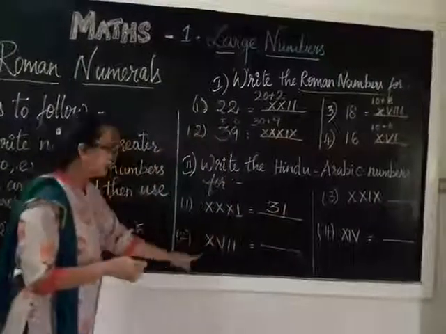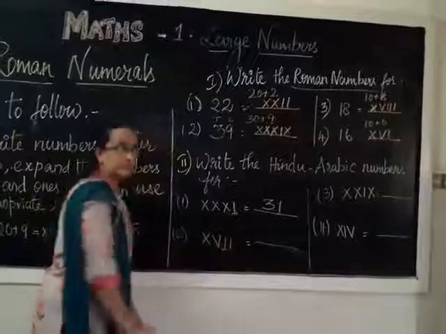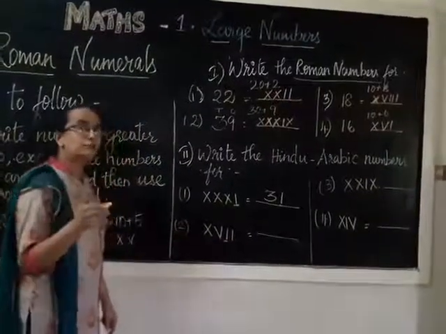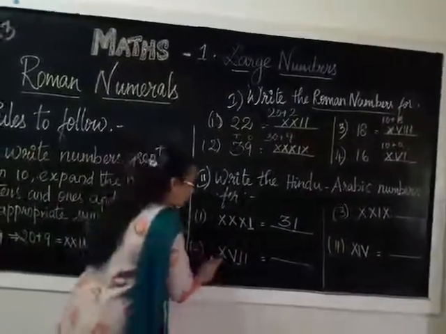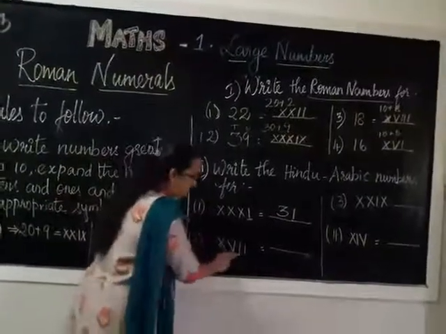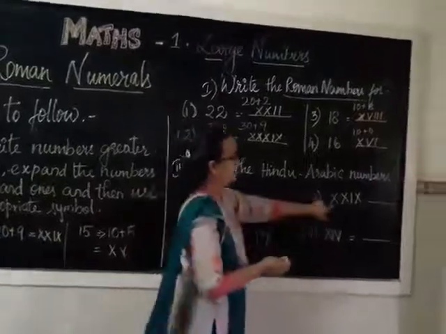Did you understand? Now see here, there is also an I, but here I is after the symbol. Will you do addition or subtraction? You have to do addition. Subtraction is only for when there is a 5 or a 9. Now see: 10 plus 5 is 15, 16, 17. Just add.